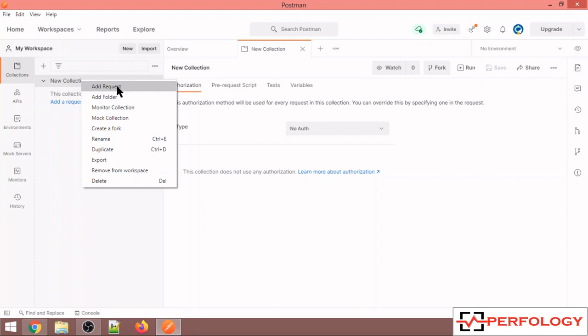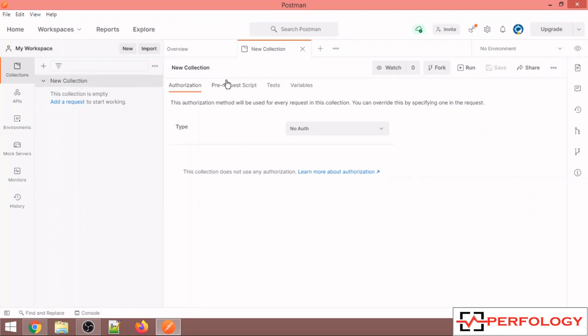So basically this collection is used to develop a collection of requests into a single collection. So suppose you are having a functionality of say fund transfer, and there are 5 to 6 APIs which have been used while doing fund transfers. So you can make a collection of fund transfer scenario and add all the requests with respect to fund transfer scenario inside this collection. You can also provide the name of that collection over here, and similarly different other configurations of the collection you can do from here.